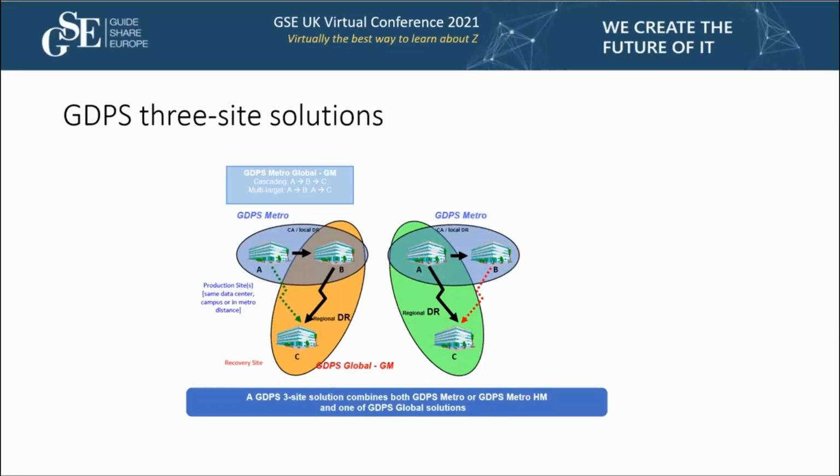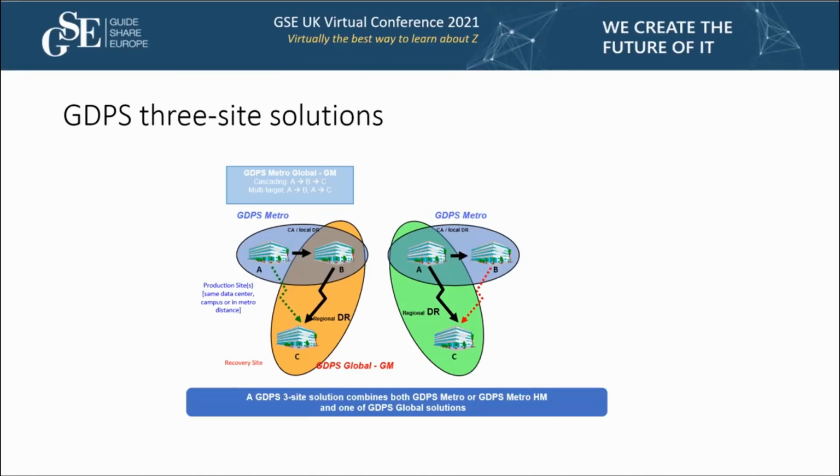But now we also have a cascaded global mirror session between site B and site C, which is a disaster recovery site outside of the region. This global mirror session is managed by GDPS, and a GDPS remote controlling system is in place on site C in order to be able to restart LPARs on the disaster recovery site